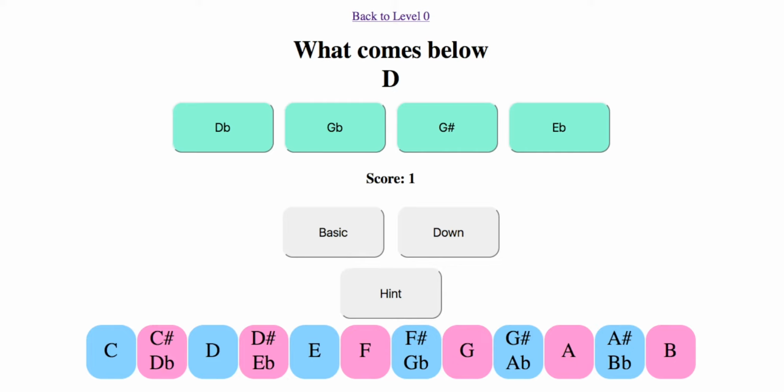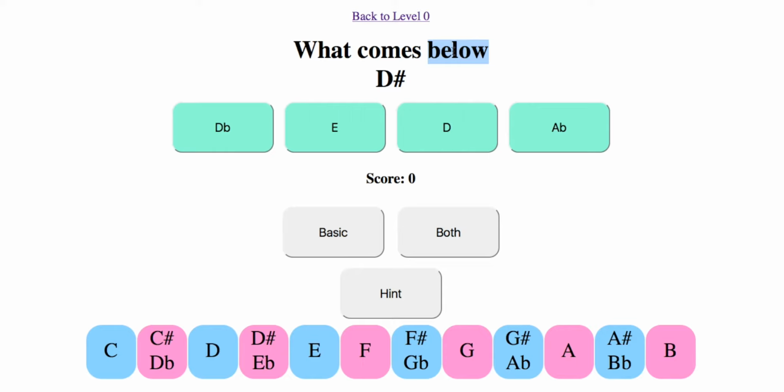Okay, I've made the color scheme for below to be green and up to be blue. You can also hit both. If you do both, you randomly get a choice. It will always tell you below and be green or above and be blue. But be careful because it's easy to get confused.